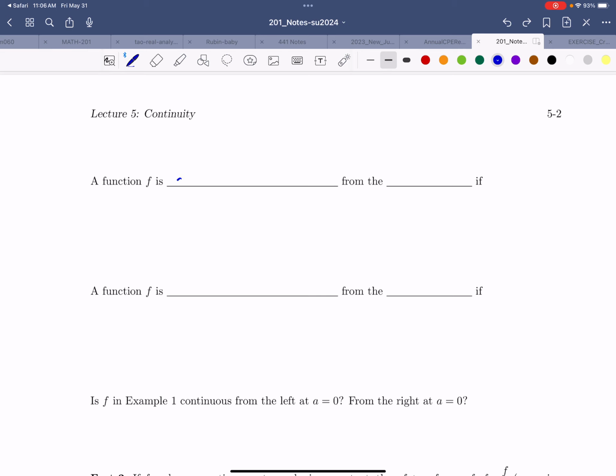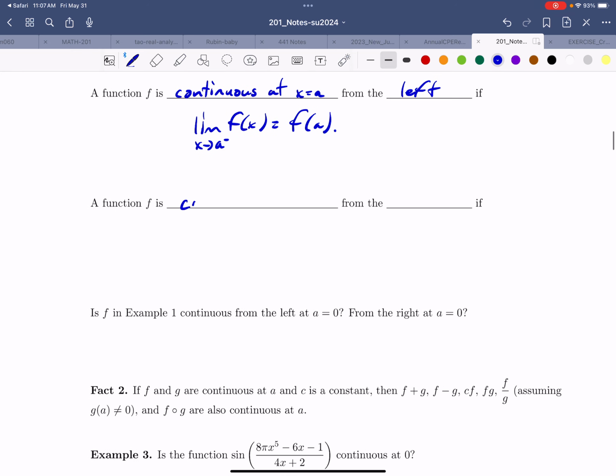So we can say a function f is continuous at x equals a from the left if the limit as x approaches a from the left of f of x equals f of a. And, of course, analogously, f is continuous at x equals a from the right if, you guessed it, the right-hand limit at a